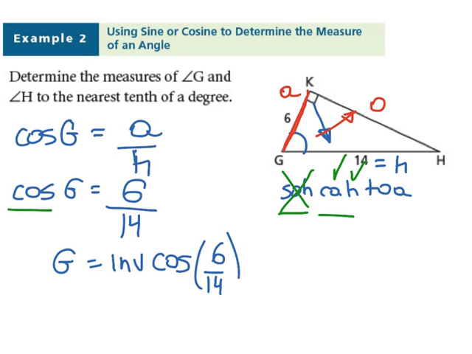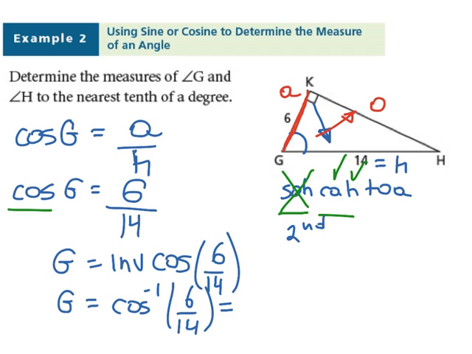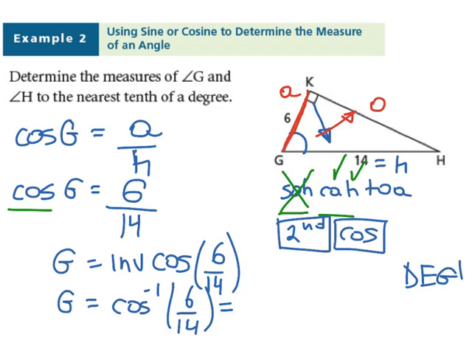Another way you could write it is cos to the negative 1 power of 6 over 14. That's a special way to write inverse. On your calculator, you would punch it in as second cos. We then will get a specific value, an angle, and make sure that it's always in degree mode, not in radians or gradients mode, but in degrees mode. And our angle turns out to be approximately